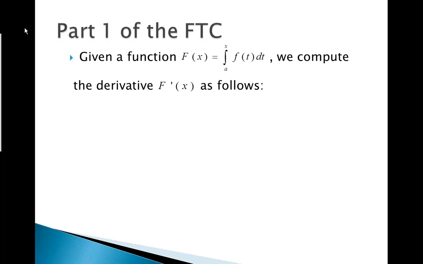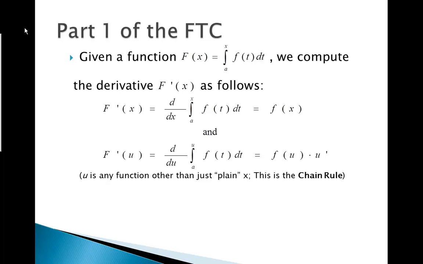So Part 1 tells us that if we start with a function that's defined to be an integral, here we see that big F is defined as the integral from a to x of f evaluated at t with respect to t. Well, Part 1 tells us the way in which we take the derivative of big F. And here's what it says. That the derivative of that integral function of f evaluated at t is simply f evaluated at x, the upper